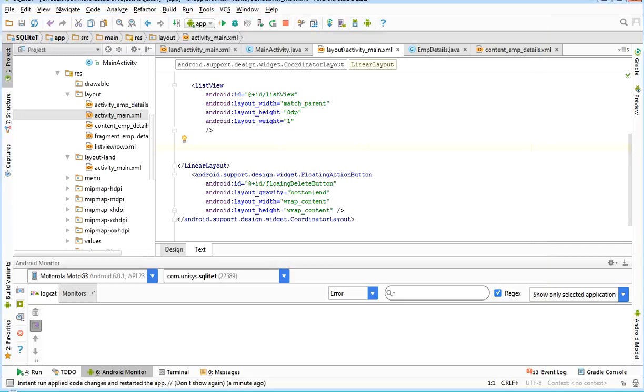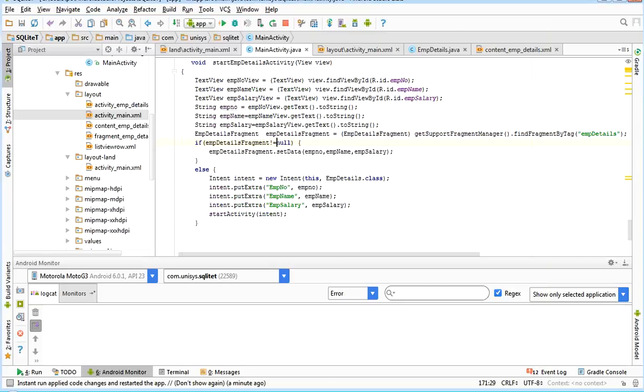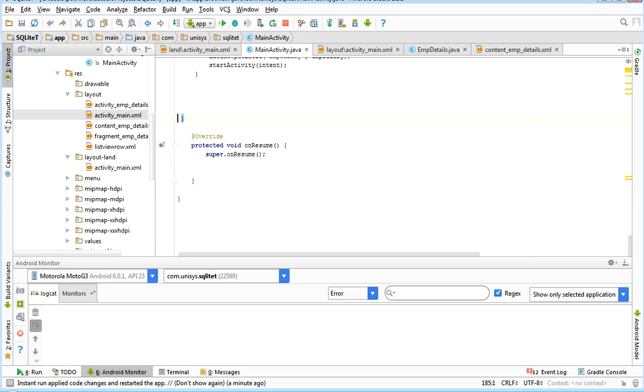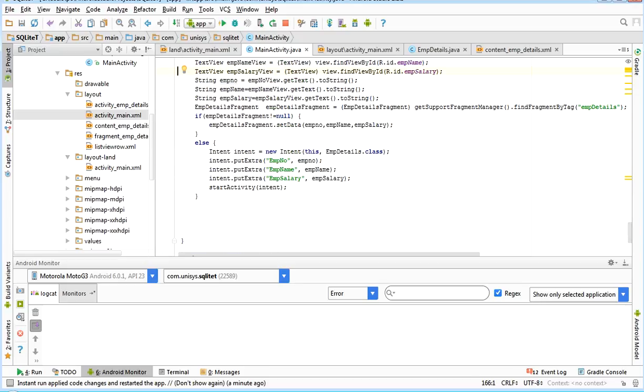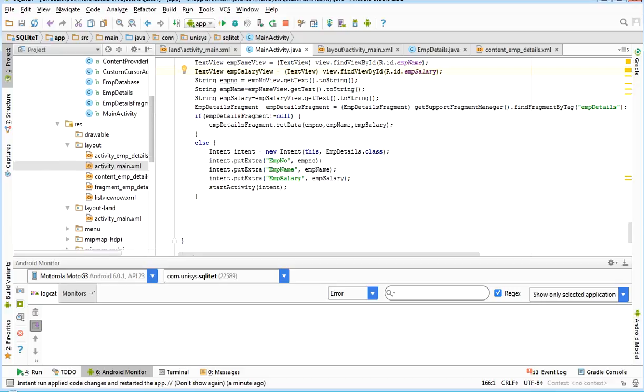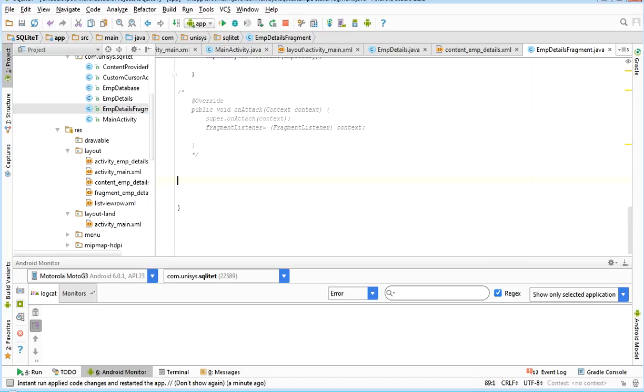And one more thing here, if you want to communicate with the activity, the activity should listen to the events of this fragment, then we need to attach it like this. Here I did it for another activity. If I want to communicate with the main activity, I can't, because this is attached to the other activity, so the main activity cannot listen to it. That's why this didn't work, so I commented it out.